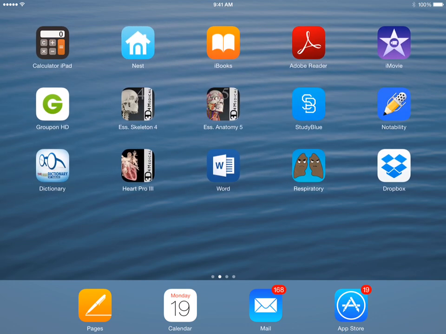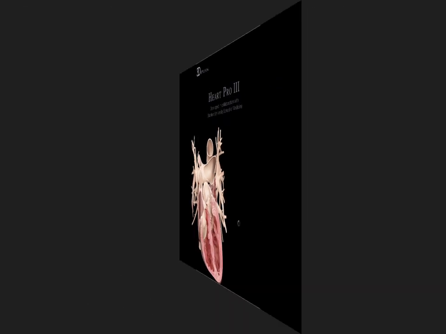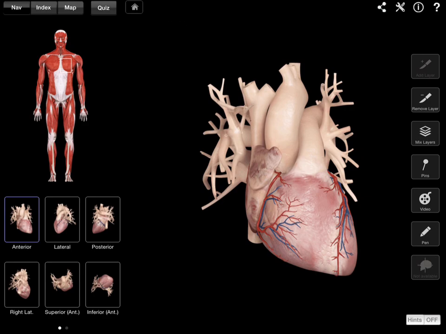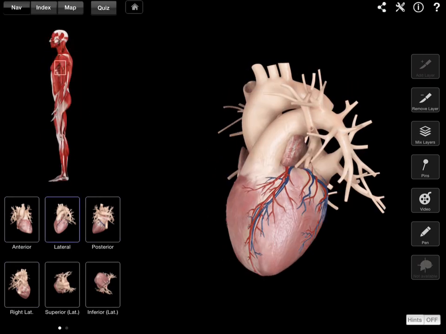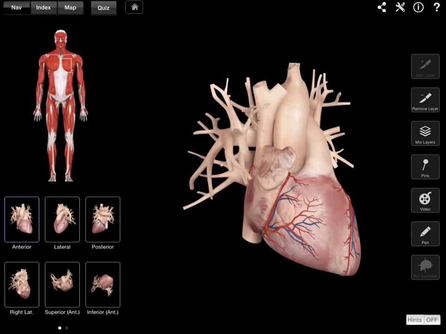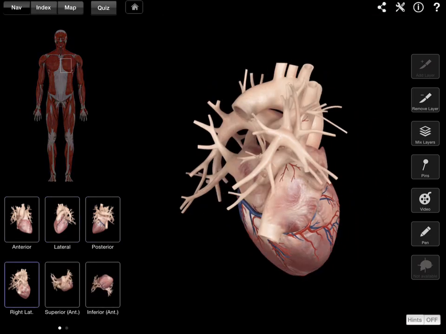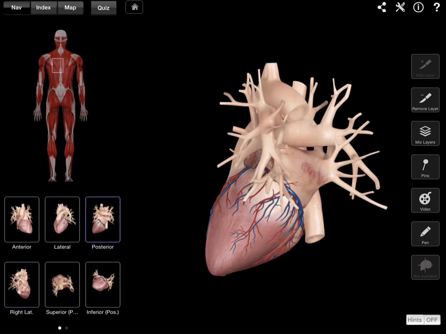The app I'll be reviewing today is Heart Pro 3. This app is pretty unique as it gives you a 360-degree view of the heart. So you can, with one fingertip, drag your finger across and look at all the different angles of the heart